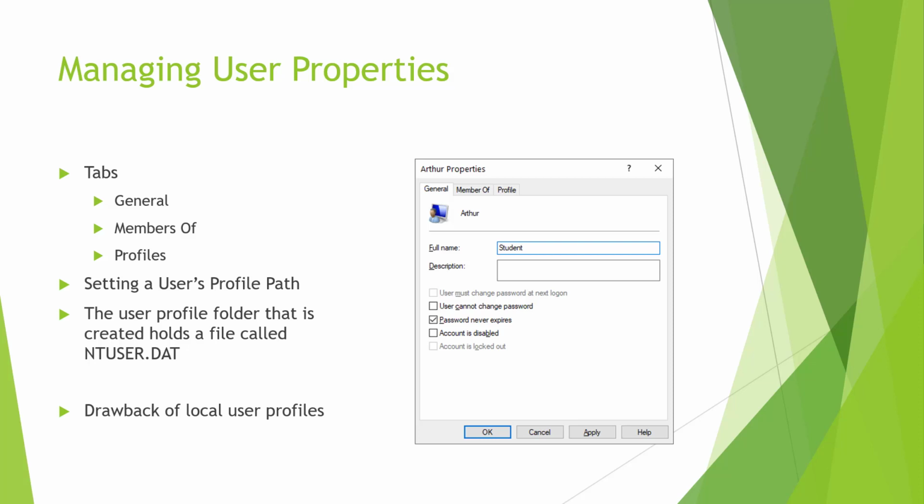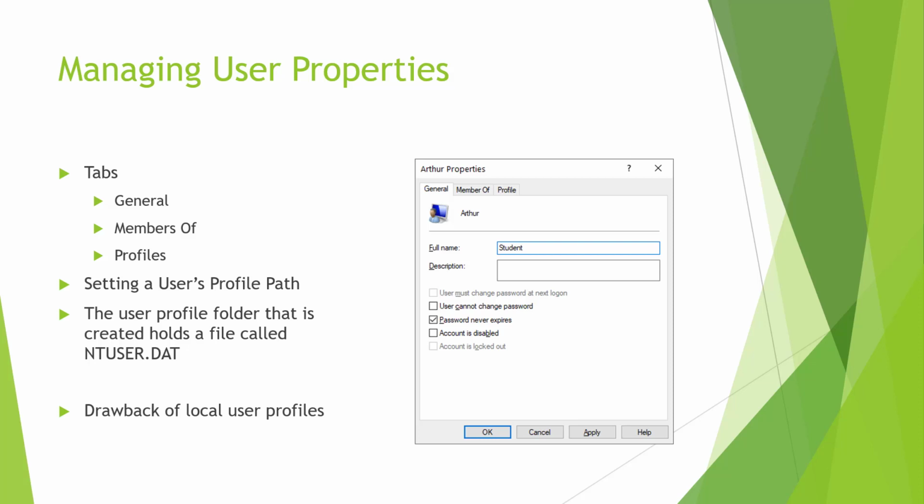It's important to realize that if we're wanting to disable a user, we do that from the general tab. And what's really interesting is when we're talking about a user profile, the user profile will contain information about the environment specific for that user. For example, profile settings might include the desktop arrangement of icons, program groups, screen colors, screen themes, screensavers, things like that. Anything that the user sees that's unique to them